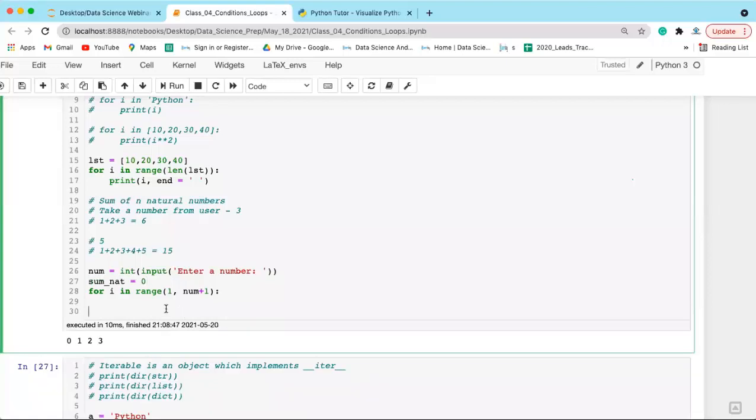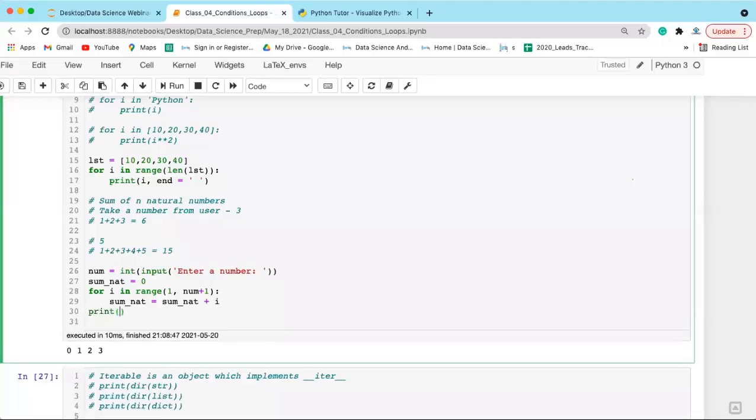Here what I will do is write sum of natural number equal to sum of natural number plus i. Okay, now let's print sum of natural number and execute it.